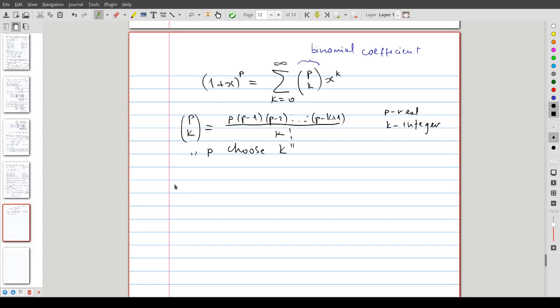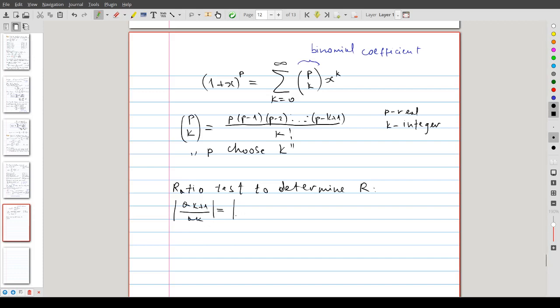So we use our familiar tool here, the ratio test. We will need to look at the absolute value of the ratio a_(k plus 1) over a_k,